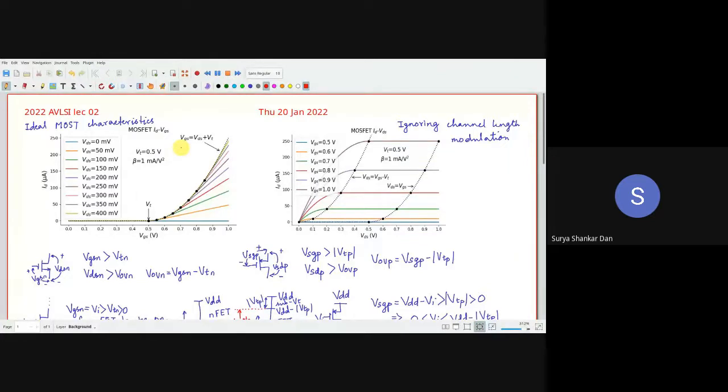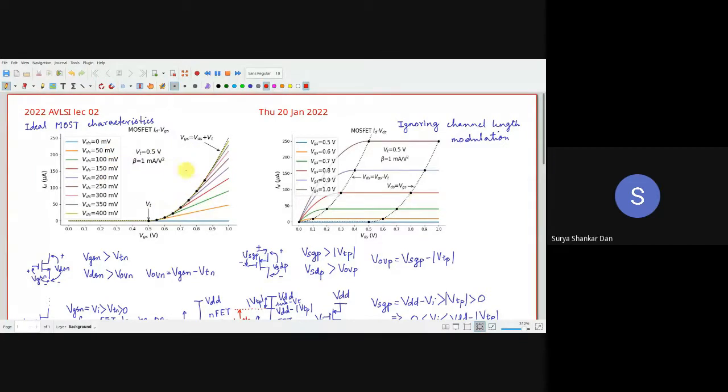Before that, we have to understand that we are essentially dealing with CMOS circuits over here, right? Complementary MOSFETs. That means we will be having a PMOS as well. So we will look into how a PMOS varies with respect to an NMOS. Let's go ahead. This is something which we already saw in our previous lecture.